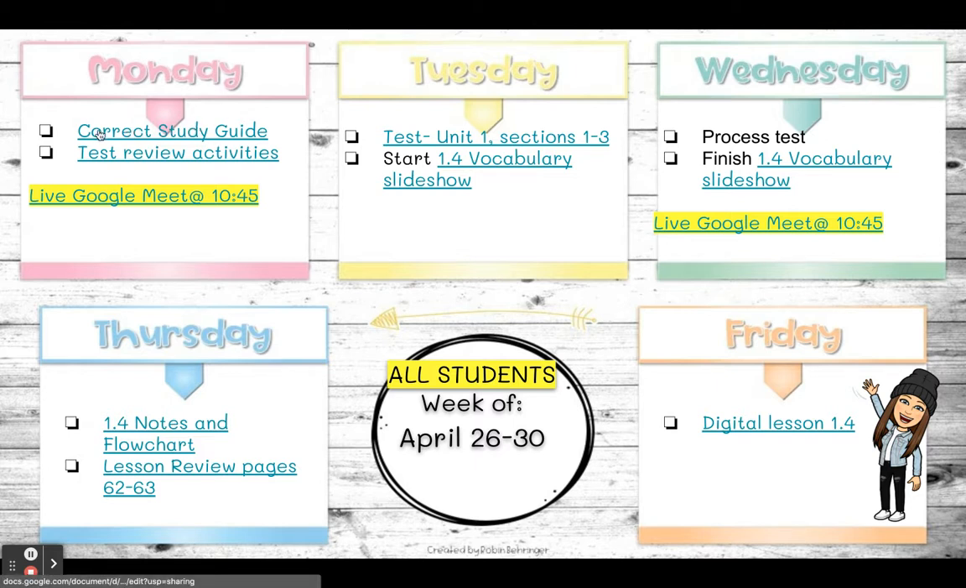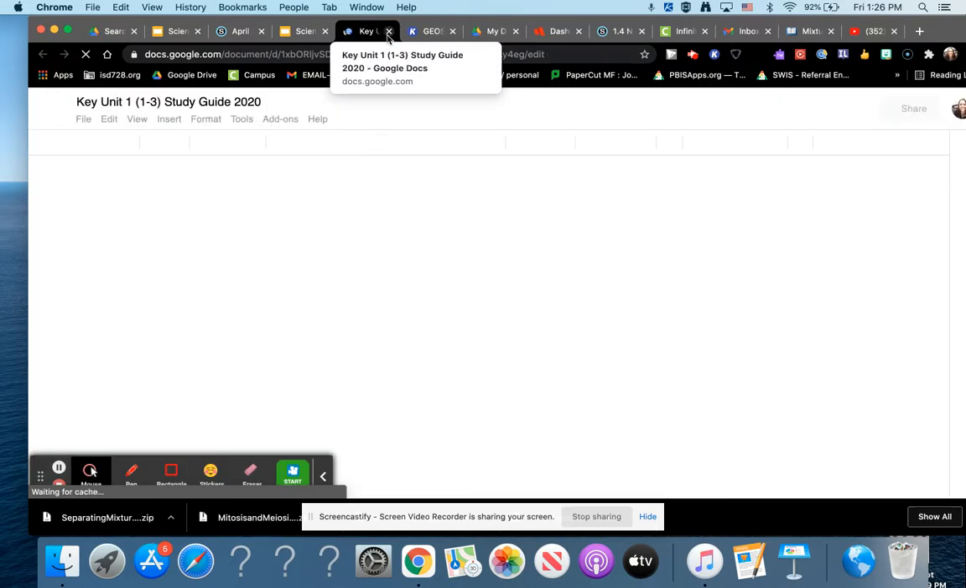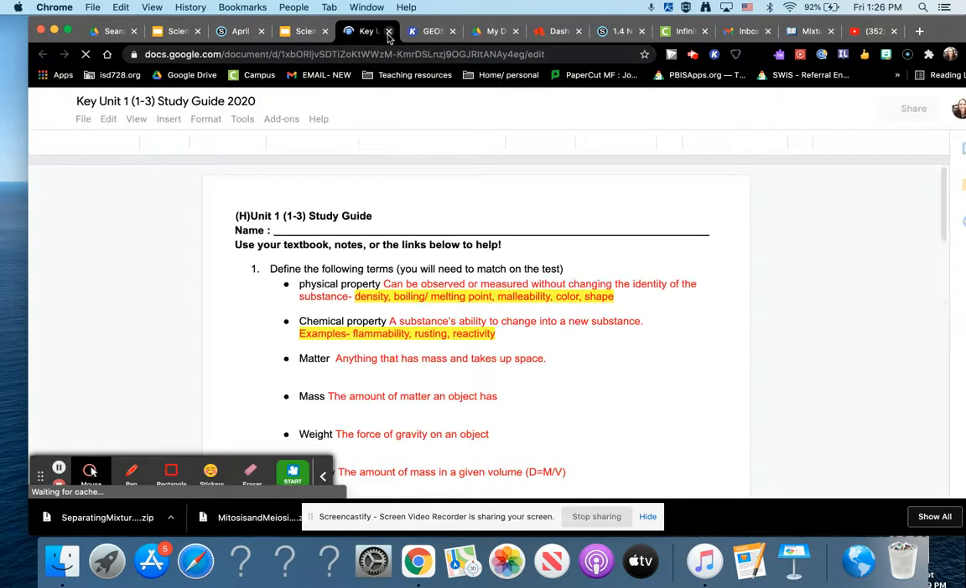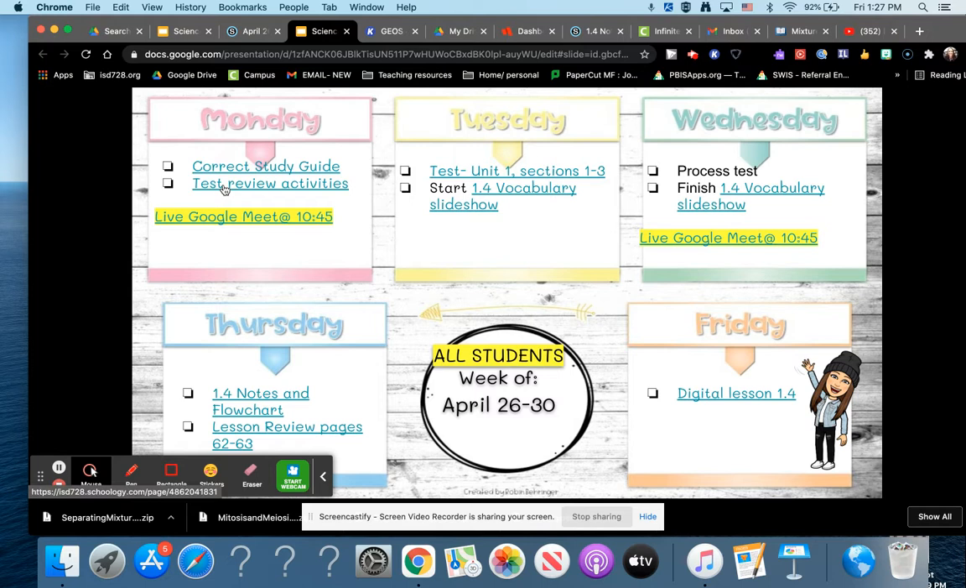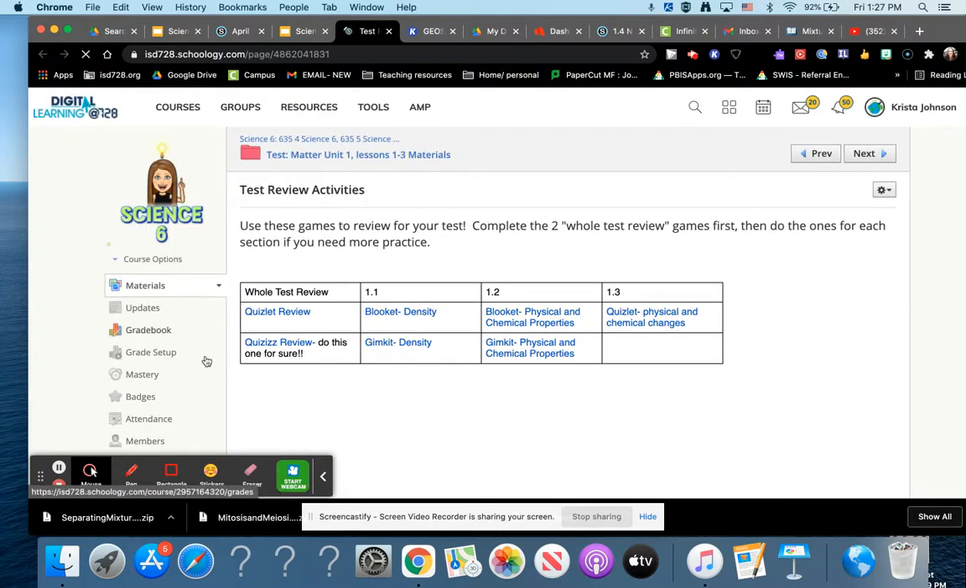So we're going to start off by correcting the study guide. If you click on this link right here, it will bring you to the study guide answer key, which won't be activated until Monday, but it'll be on there. And then the second link is some test review activities. If you're in class, we'll review these together. If you're unable to make the Google Meet, these are all different games and stuff that you can use